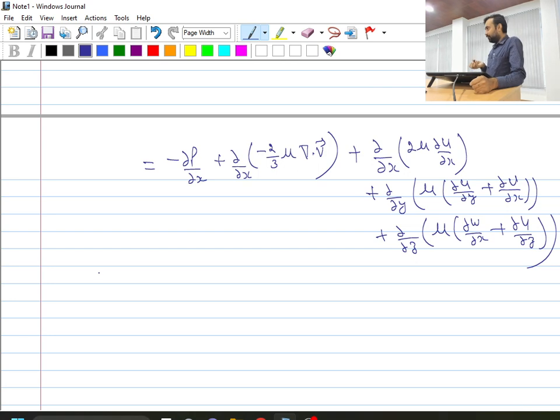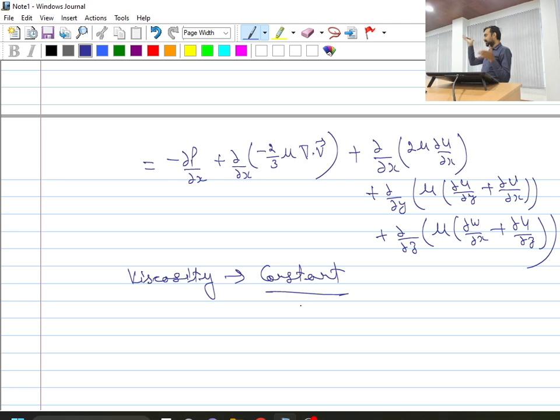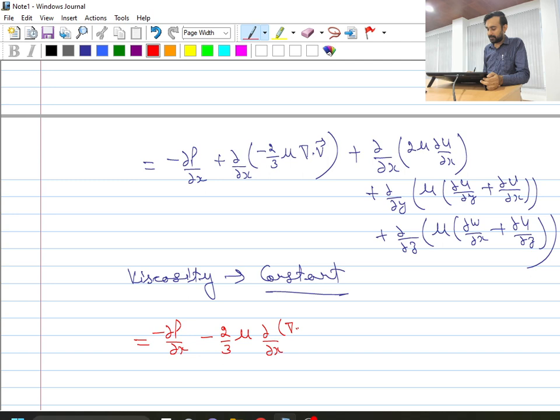and that important thing is, we have already considered the Newtonian fluid. So for a Newtonian fluid, what will be the viscosity? Constant. So the relationship between stress and strain is the same, so dynamic viscosity will be constant. So I can take this dynamic viscosity out of the differentiation. If I do so, once again not writing the left hand side, I will simply write minus del p by del x, and here this will be minus 2 by 3 mu, which I can take outside, and it will become del by del x of divergence of velocity vector. Fine. Plus,